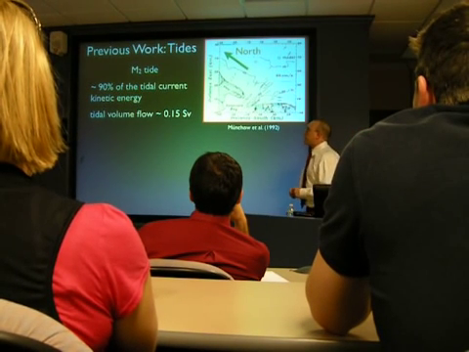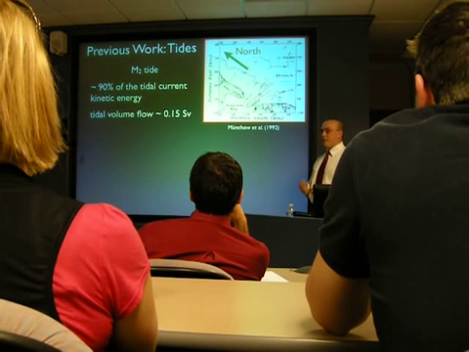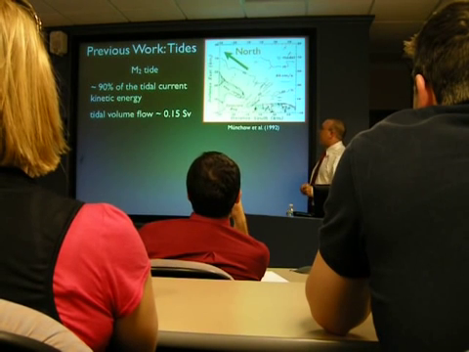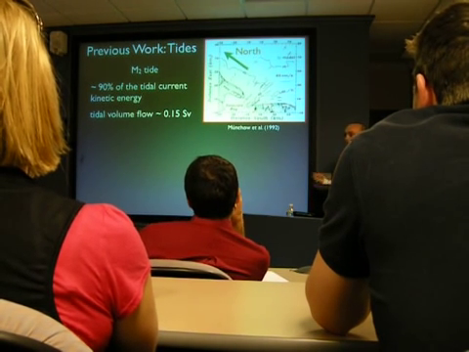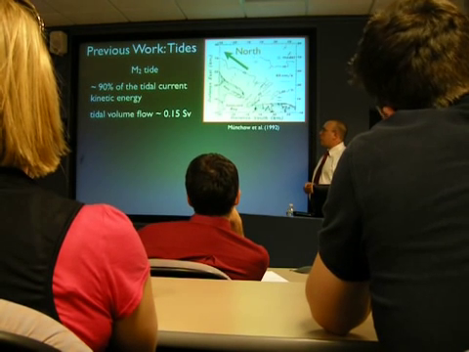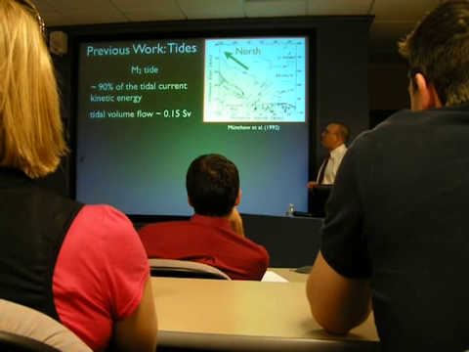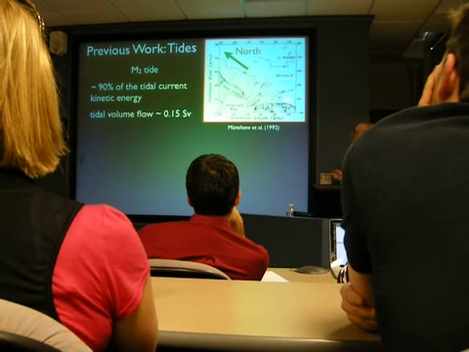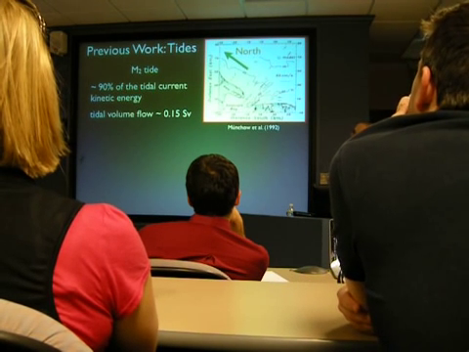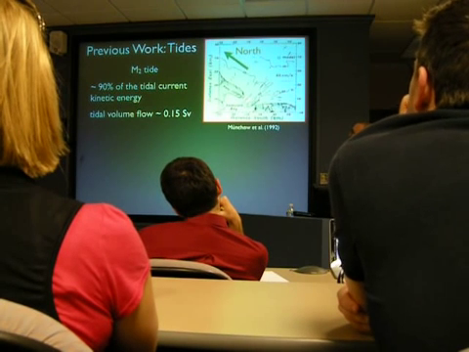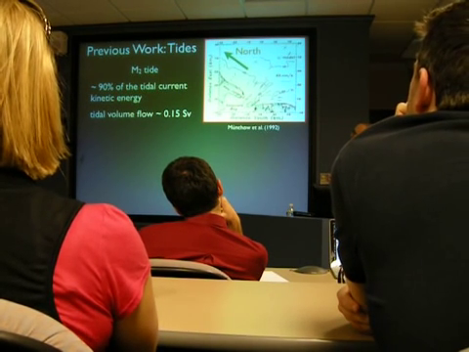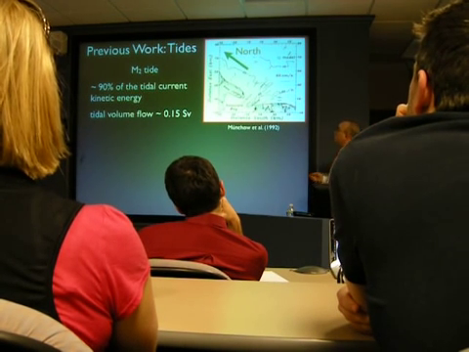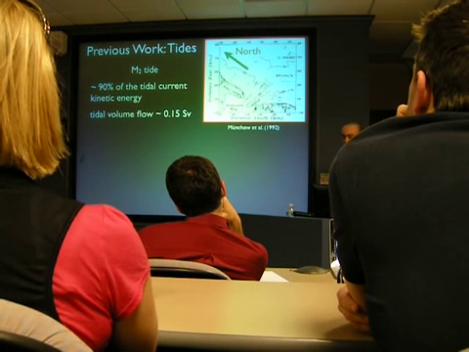All right, now a little history lesson. Previous work on the Delaware Bay. Andreas might recognize this picture. It's from his 1992 paper of the astronomical tides at the Delaware Bay mouth, specifically M2. It's where we see that M2 is responsible for 90% of the tidal current kinetic energy. And in this figure, he's showing from a large record of current meter data the semi-major and semi-minor axis of the M2 tidal ellipse. And you can see right near the mouth, for these current meters, they're very rectilinear and elongated, and then as we move offshore, they start to decrease in magnitude. And this is also